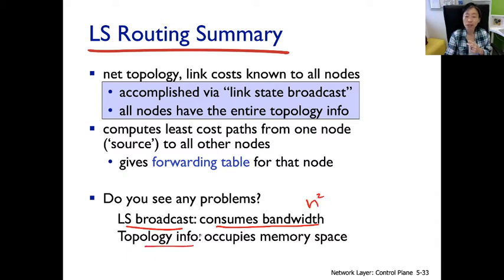And then there's storing the topology information in the router. We discussed the complexity of the Dijkstra algorithm, but we only talked about the time complexity. We have not yet talked about the space complexity. It's also huge, right? In the worst case, you have n nodes fully connected to every other node. Then you have what? N squared number of links. You need to store costs for all these links. Not very scalable when the network goes big. When n goes